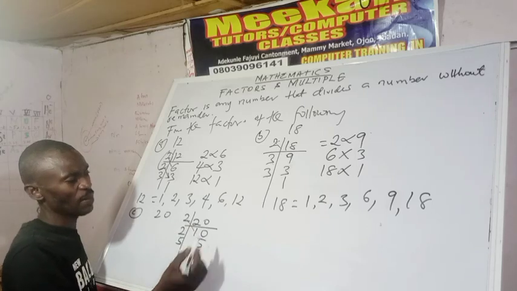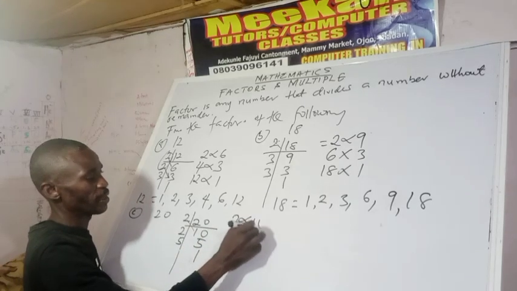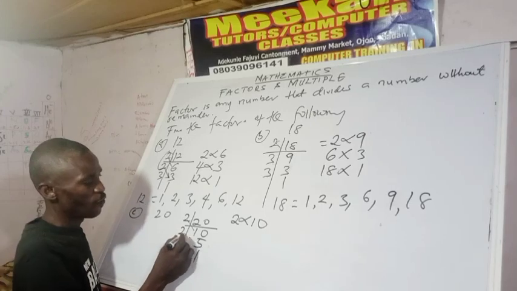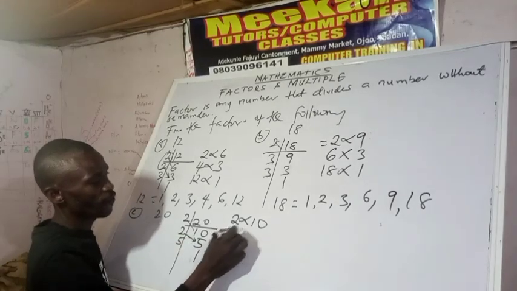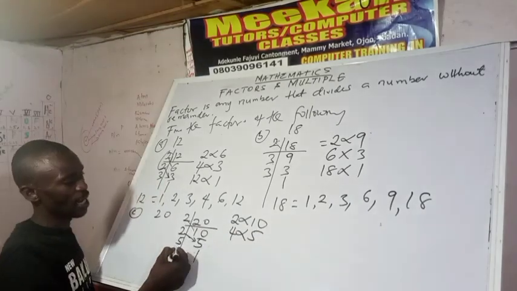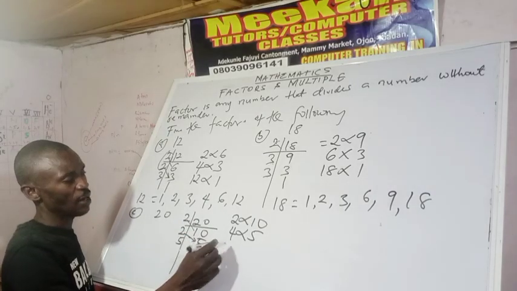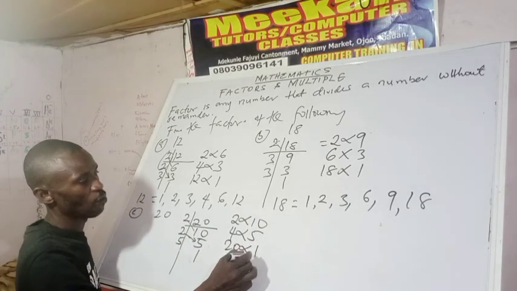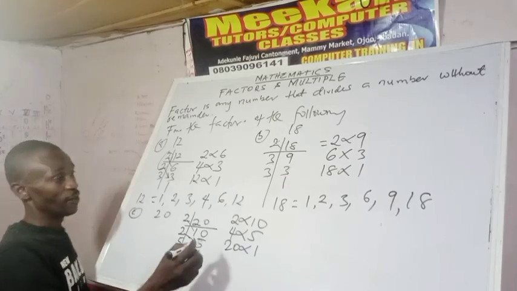What do you have in a crossing manner? This one you have 2 by 10. 2 times 2, 4. 4 against 5. 4 by 5. And the last one, 2 times 2, 4. 4 times 5, 20 by 1. So you write the factors out. Factors of 20